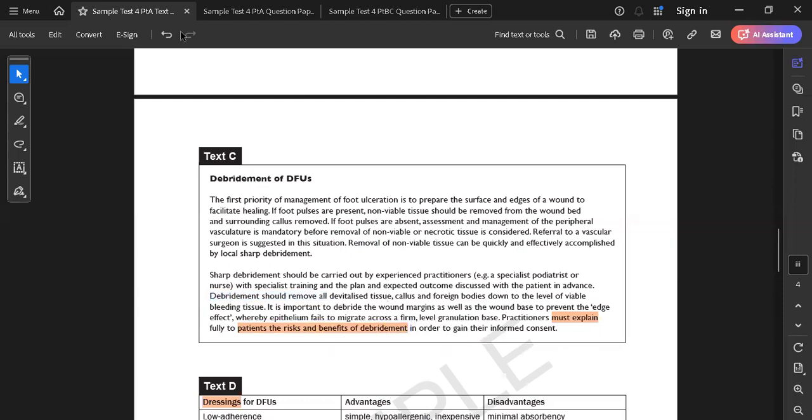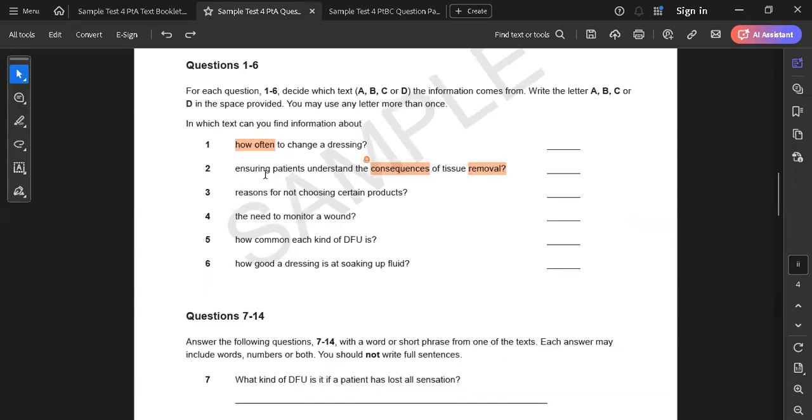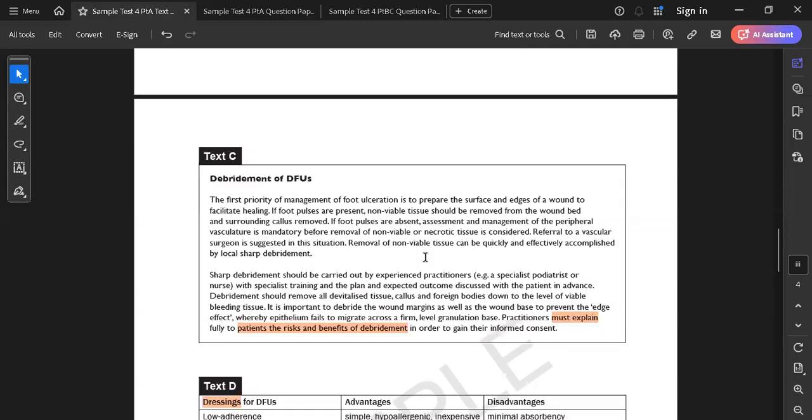So the question was that you should ensure the patient understands the consequence. So what is the consequence? So practitioners must explain fully to patients the risks. So risk is what? The synonym of consequence, right? Risks and benefits of debridement,